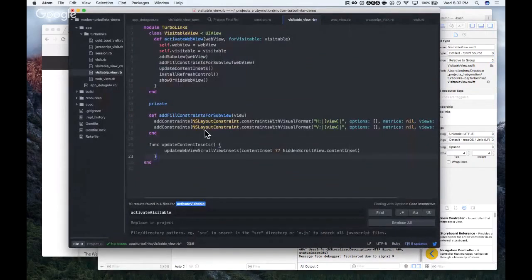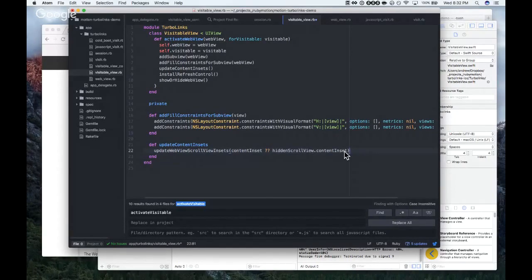Update content insets. Update web view, scroll view insets. Content inset, double question mark, hidden scroll view content inset.